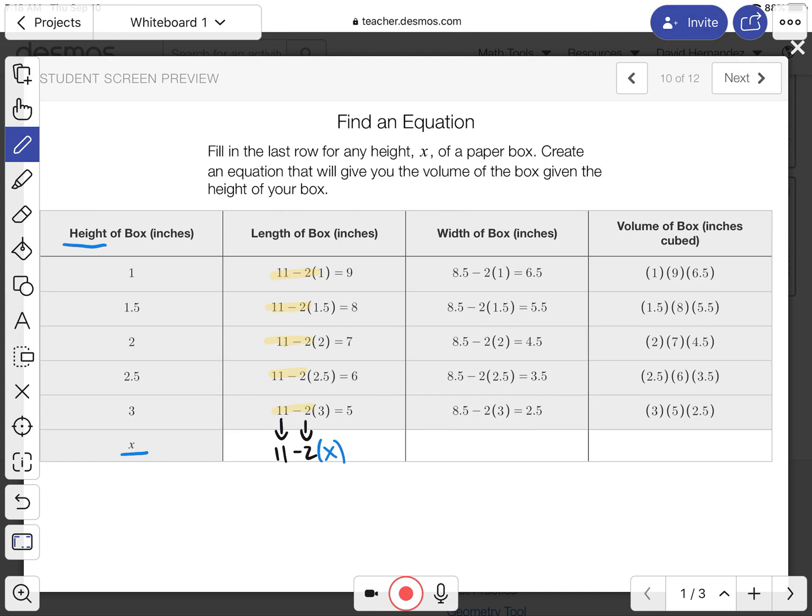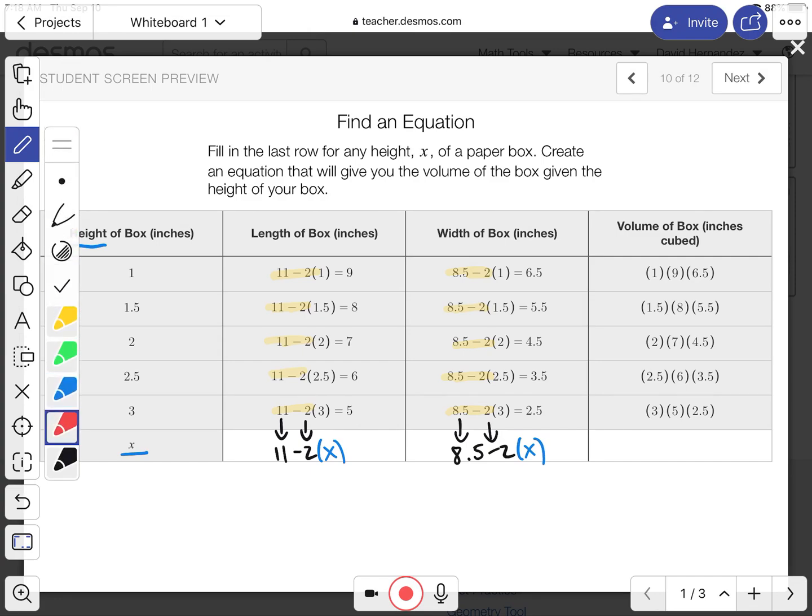Now we could do the same exact thing with the next term, with the width, 8 minus 2 times the height. And if the height is x, well, we can just replace this term in the parentheses with an x. Of course, I would like to probably even write it out without the x's, but the volume, when you come